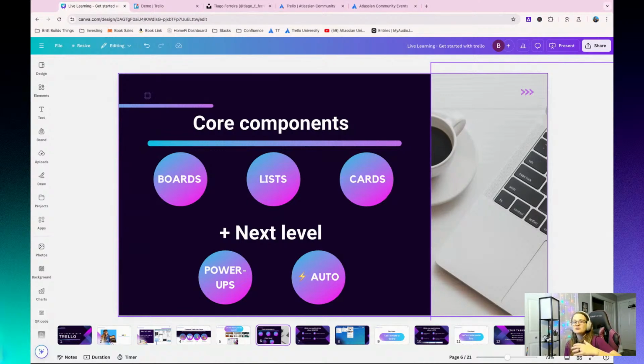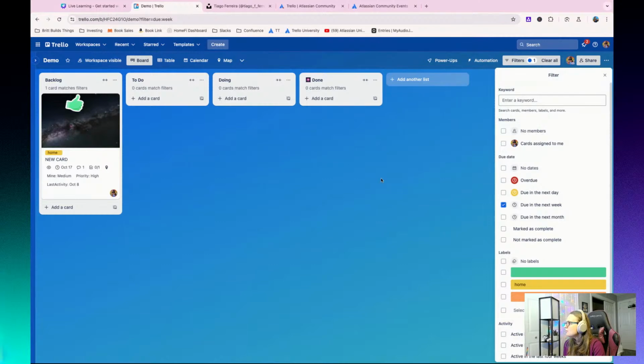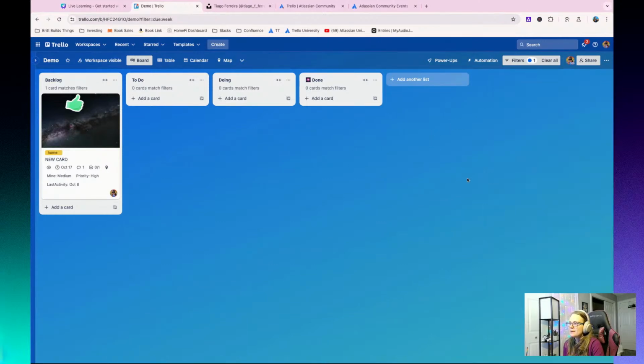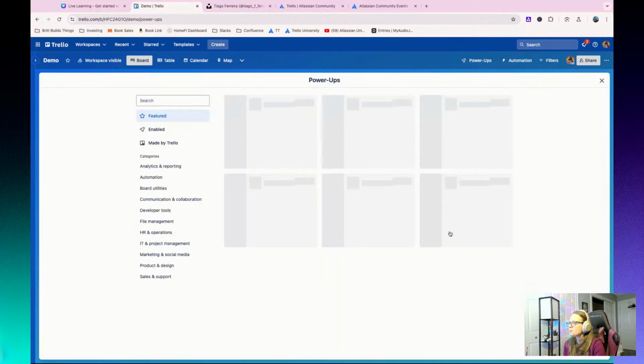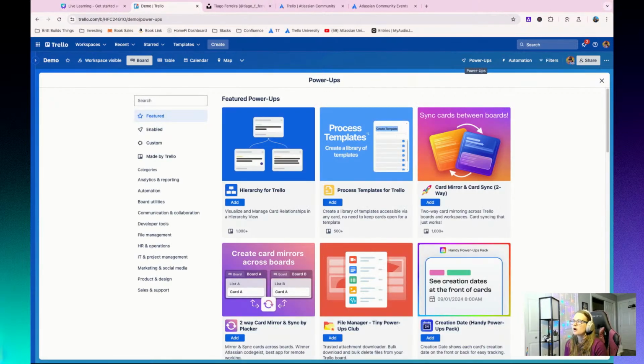When you're ready to take Trello to the next level, you can add more things on top of that. And those more things are power-ups and automation. I could do completely separate workshops about these, because there's a lot that you can cover with power-ups and automation. But we'll start with power-ups real quick, giving you an overview. Power-ups are basically third-party add-ons that you can add to your boards that will give them improved functionality.